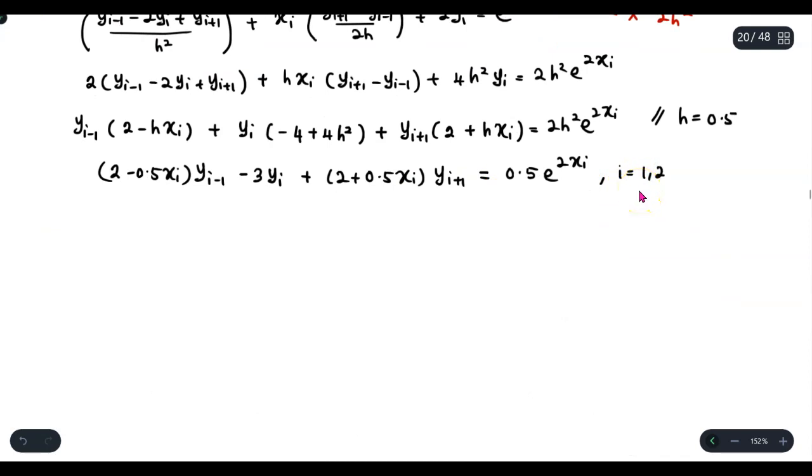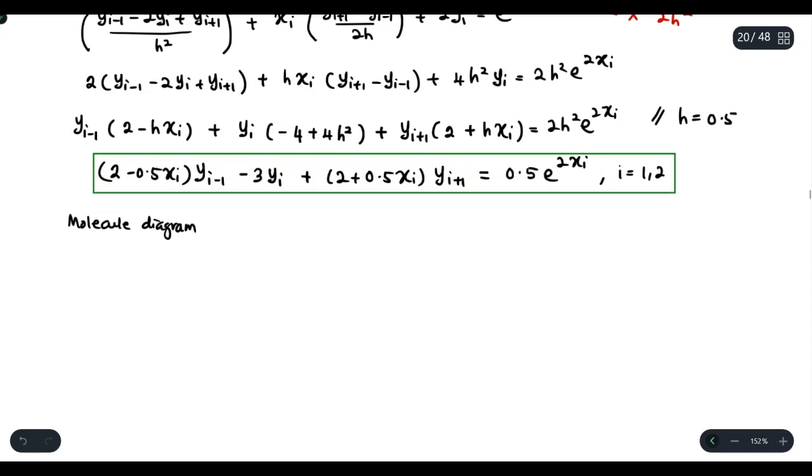So in terms of molecule diagram, or computational molecule, the equation that you have over there is actually your ODE in a finite difference form. In terms of molecule diagram, you have yi minus 1 at the left. In the middle, you have yi. At the right, you have yi plus 1. So this is equal, okay, so the relation is,